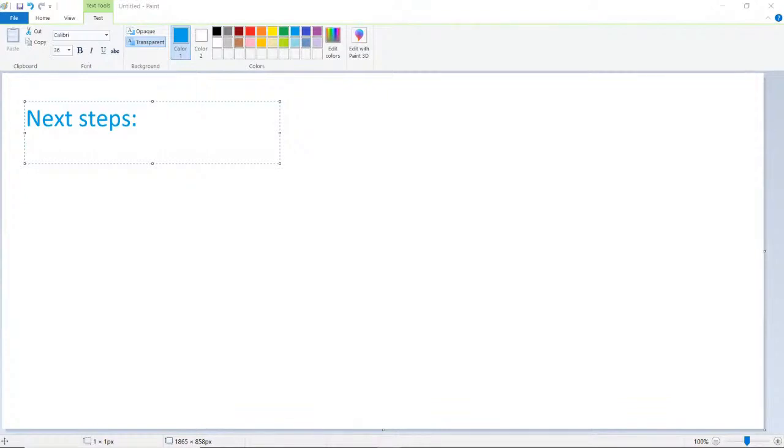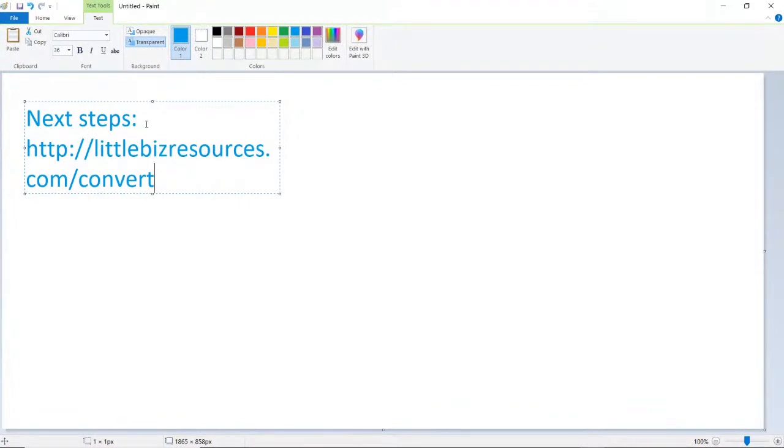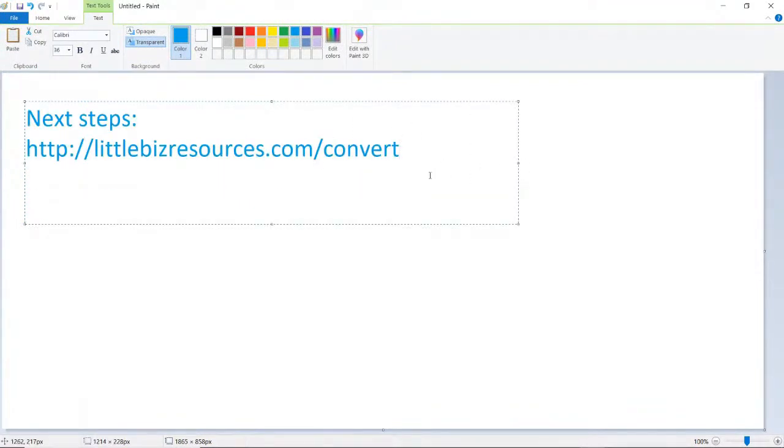So I'm going to go to, let's go to increase online conversions. I'm going to put my super long URL there and we're going to say convert. So it will be littlebizresources.com/convert. That's going to be the page that'll have the links to it. But basically, if you're a local business,